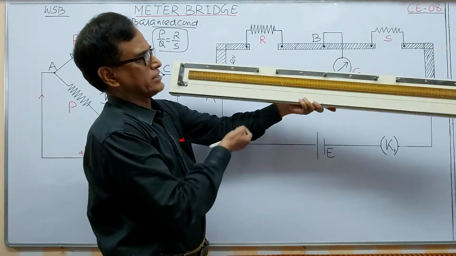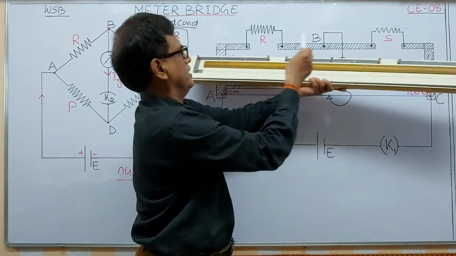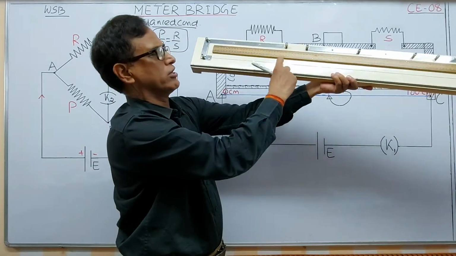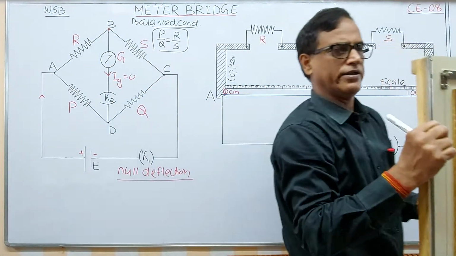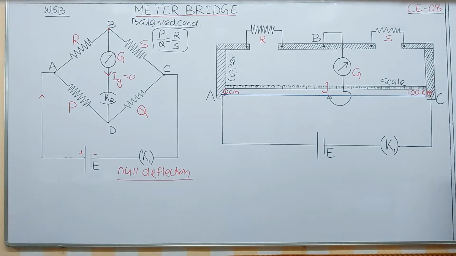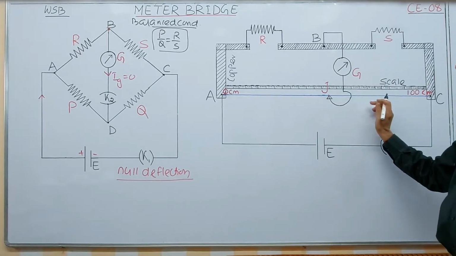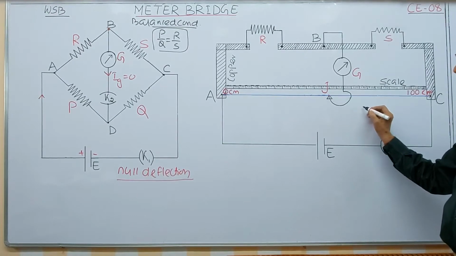These are the copper plates, you can see. These are copper plates, and this is a copper plate, and this is the wire under consideration, and this wire is made up of, remember this. Now I am coming to the important point. This wire is made up of constantan